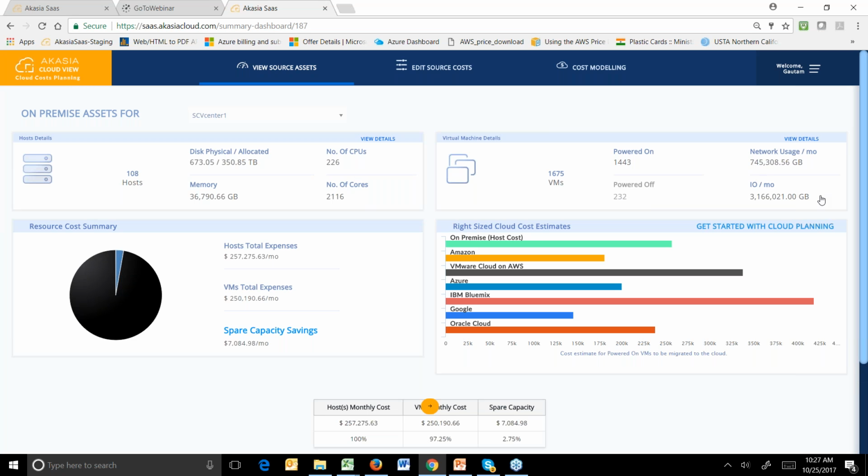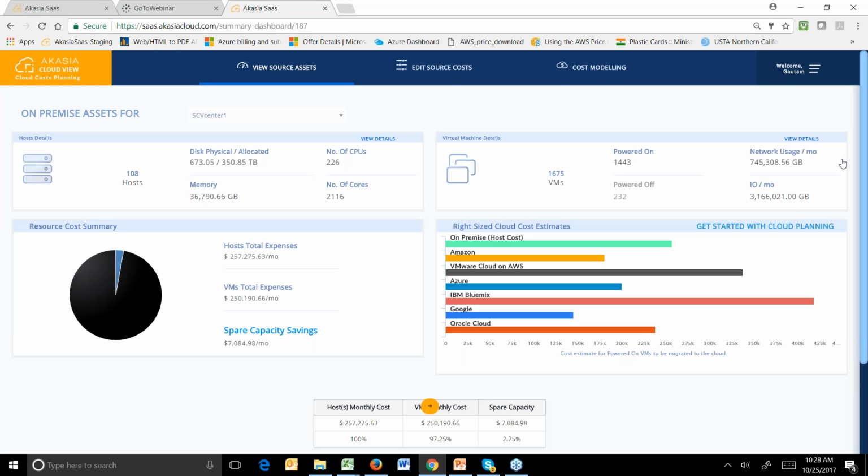And this is very important. By the way, one of the things to consider as you're planning to migrate your infrastructure to the cloud, it's reasonably easy for you to know what's the configuration of your host and virtual machines. What is very difficult to know is how much network activity is happening, how much disk I/O is happening, what's the utilization of CPU and memory, and so on and so forth. Because those elements have a huge factor in the cost of your cloud infrastructure. So in a few minutes, we gather this data and we present it to you, and we do the modeling for you as well.